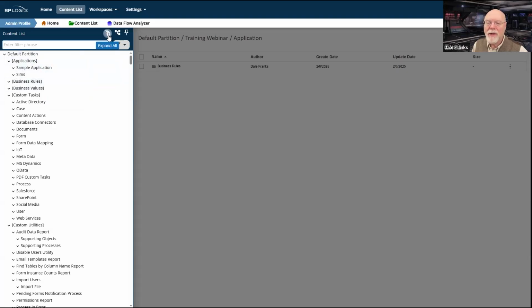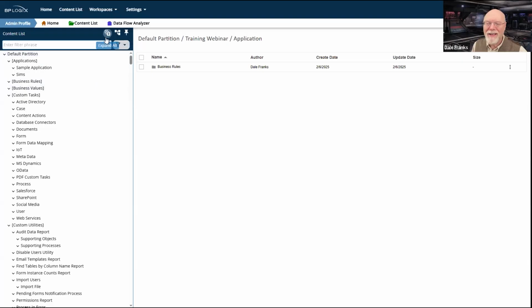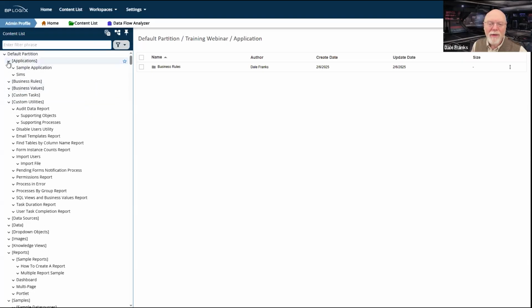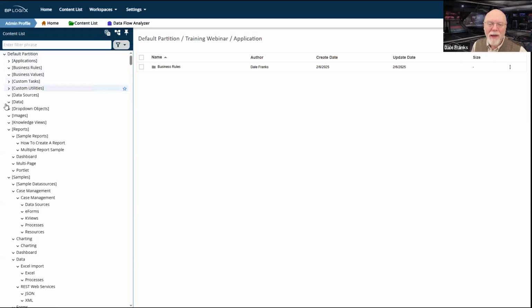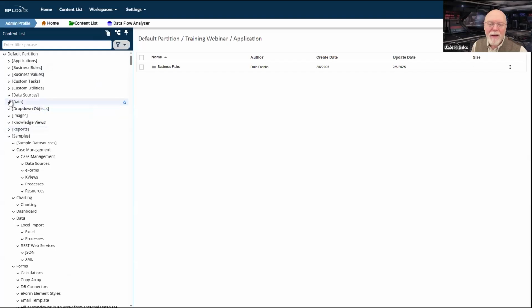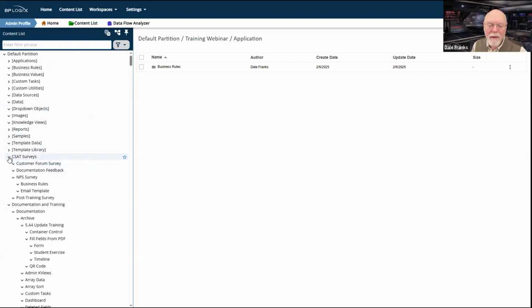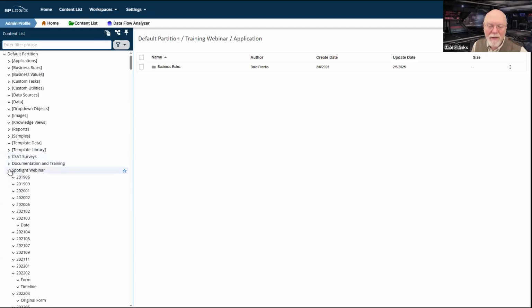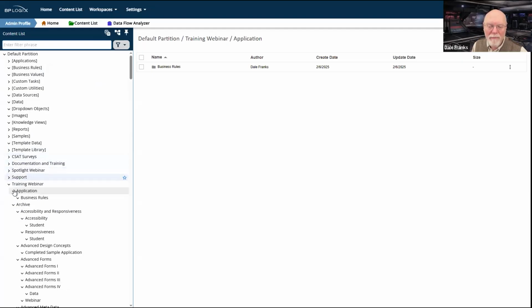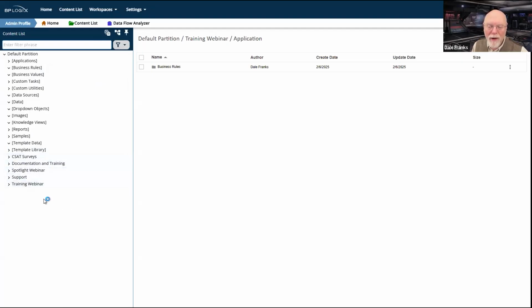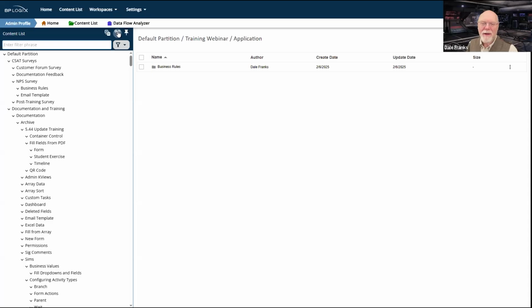Okay, I don't understand why the expand and collapse all isn't working. And I don't understand why it keeps expanding everything. I am getting super irked at my content list today. That's always the problem whenever I'm running a weird version of Process Director. It's stable, but it's not doing exactly what I want it to do. So we'll turn off our system folders.